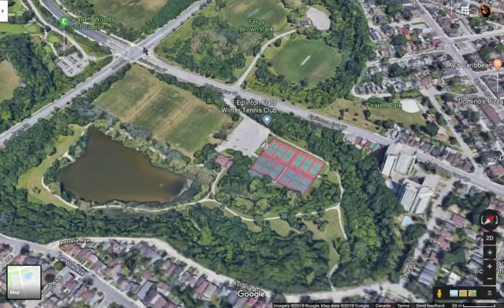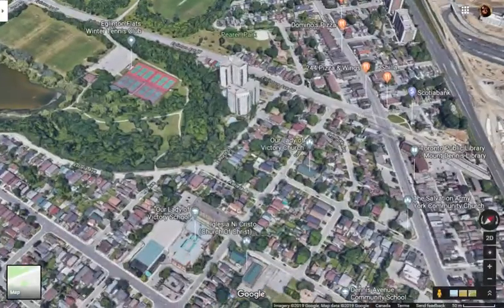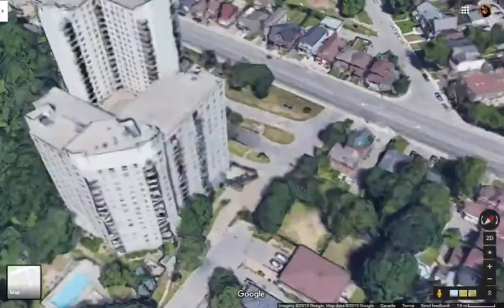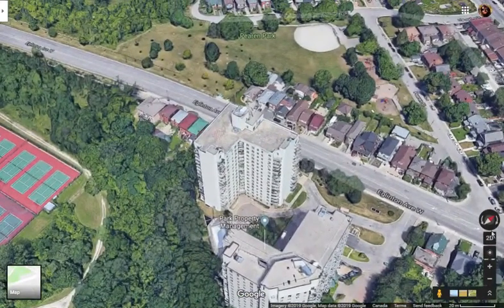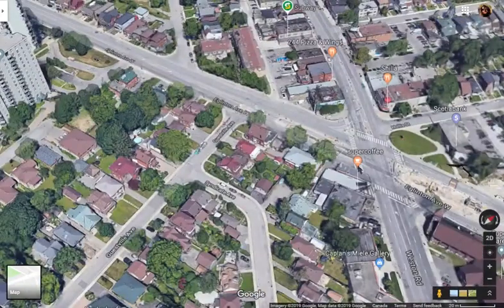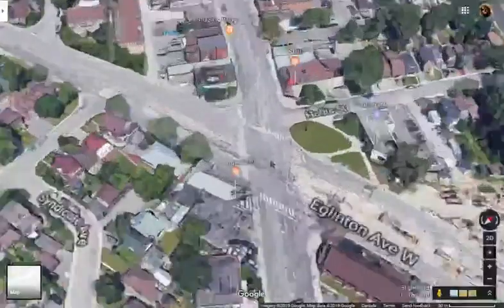So the city bridging this gap with a bike path that just goes to this one segment of road here is fantastic. That's wonderful. I don't know what the future plan for this bikeway is exactly, but there's changes proposed to this whole segment of Eglinton going across Weston as well, which would be nice because there's no point in trying to have a